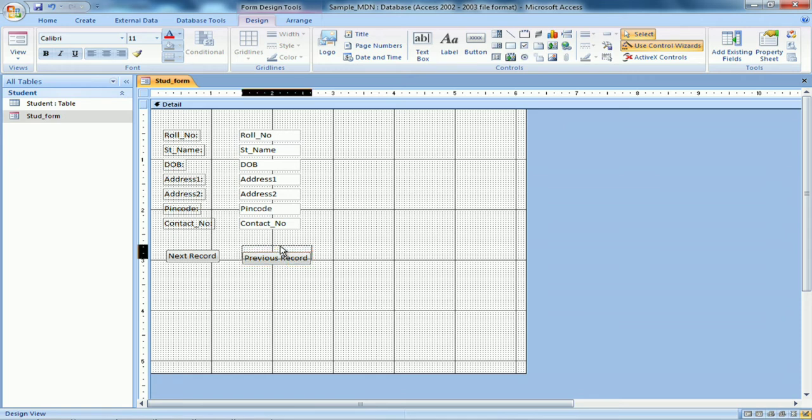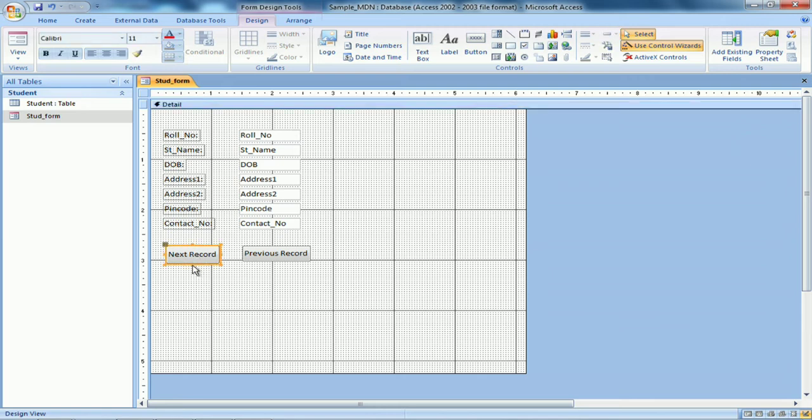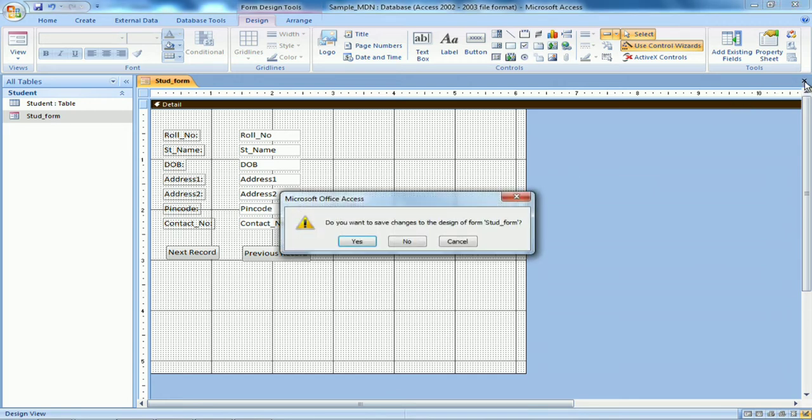So I have two buttons now. So I have designed the form with 2 buttons.